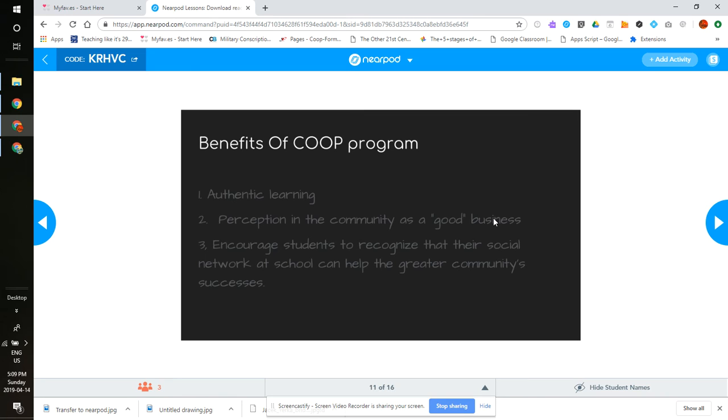The next piece is to encourage students to recognize that their social network at school can help greater community success. And that's the cornerstone of what I'm trying to do here today. And really going forward, this is one of the biggest components. I should say, before I get too far into this though, when I started working on this at the beginning of the semester before Mr. Appleby, Ted, as you all know him, before he retired,